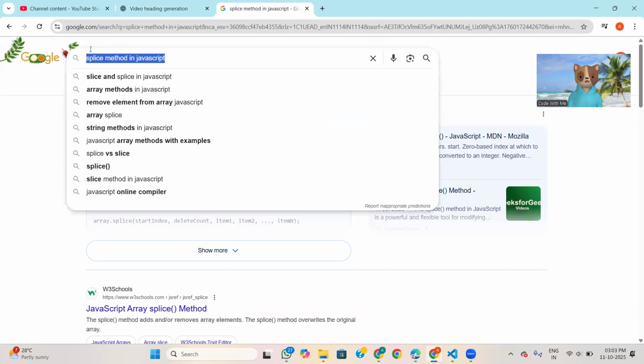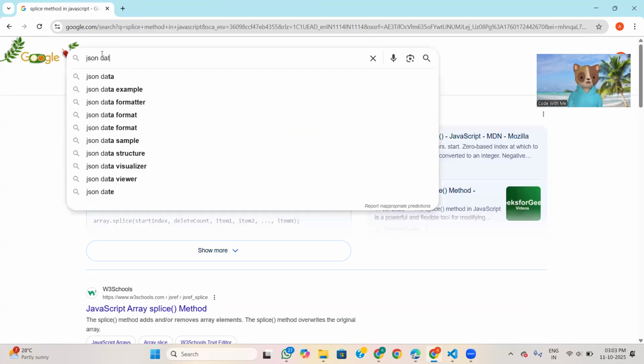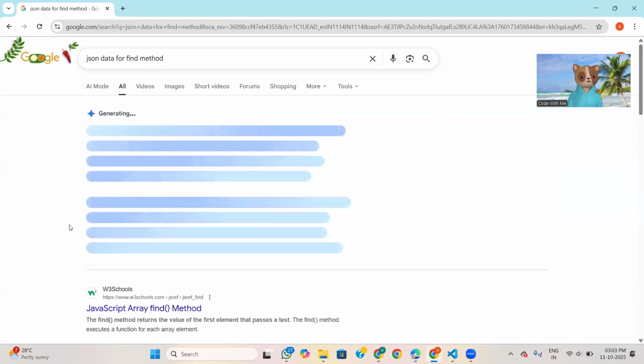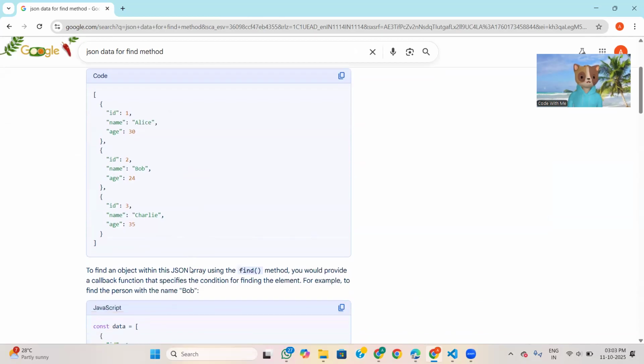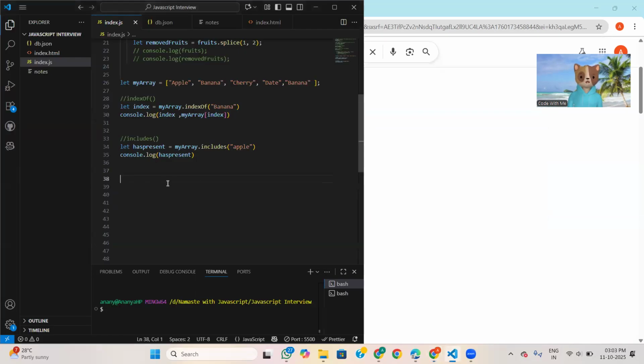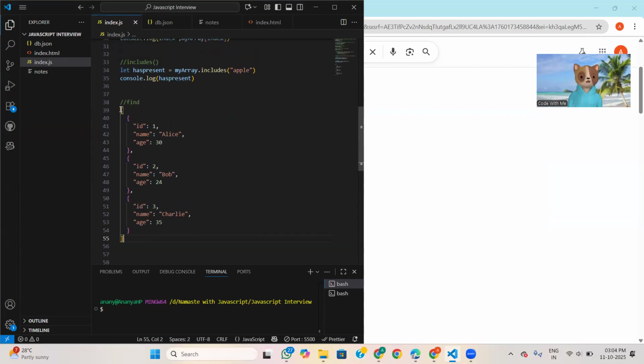Here I will use JSON data for the find method. So this data I will take. Okay, find. So see here, three data items are present. We have to give it a name here.